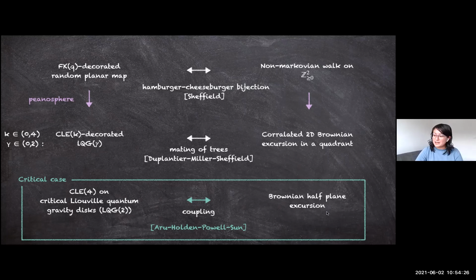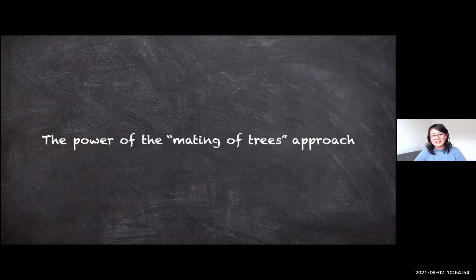And here, what is expected is that when you take kappa converging to 4, then this correlated Brownian excursion converges to the Brownian half-plane excursion. But what is really happening is that they go directly to look at these objects and they build this correspondence that is a coupling. And for the last minutes of this presentation, I want to talk about why this is